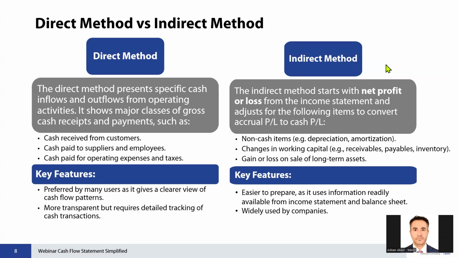On the other hand, the indirect method, why is it called indirect? Because it starts from where the income statement is ending. The end of the income statement is the net profit or net loss for this particular period, could be a month or could be a year. Now, this net profit or net loss is calculated based on accrual basis, not on the cash basis. Meaning,